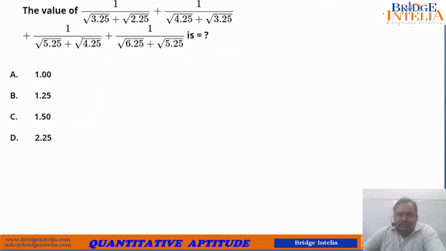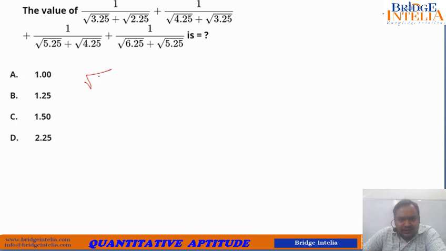So a very similar question again. Let's try to solve this, and let's take shortcuts now, because you have already learned the tips and tricks of rationalizing. If you would have realized that the difference is 1, 3.25 and 2.25, 1. That's why they have been chosen. That is the purpose. 4.25, 3.25, again a difference of 1. So straight away we can rationalize.